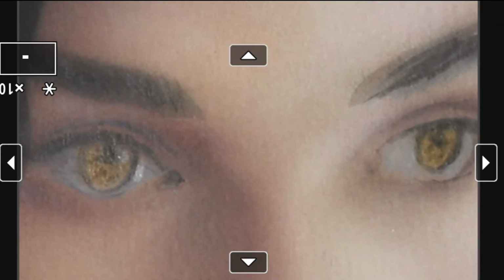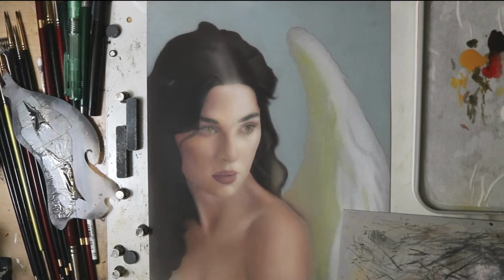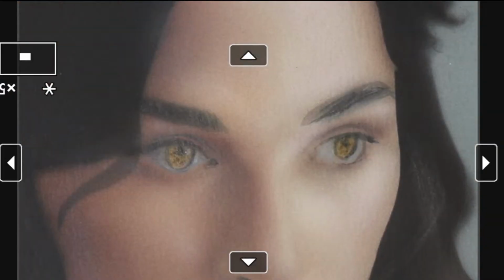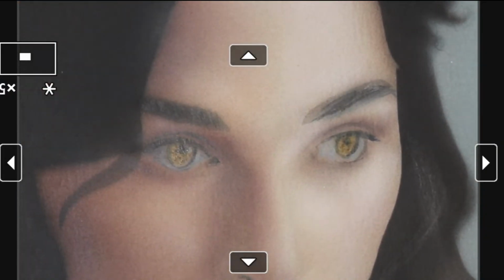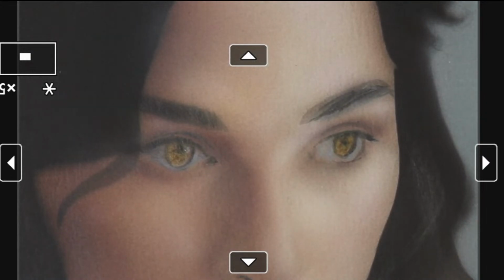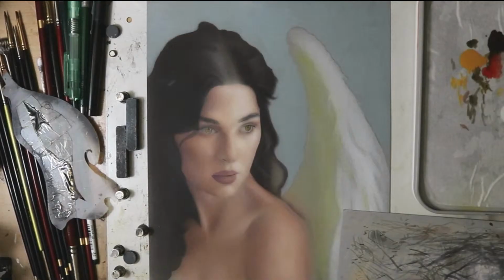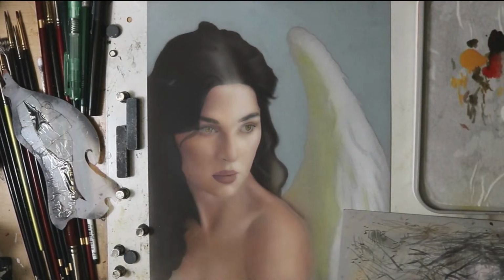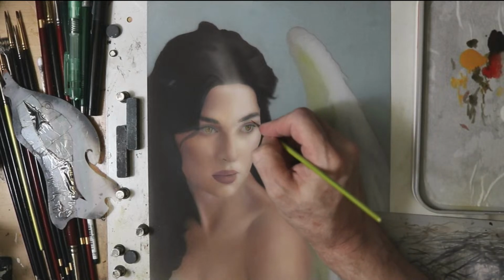We'll move on over to the other eye. Just zoom out. You see the light is kind of glaring here. There you go. So you don't see so much glare now. And if we zoom out, hopefully, yeah, we're catching a little glare, but that's okay. Let's move on over to the other eye, shall we? And let's